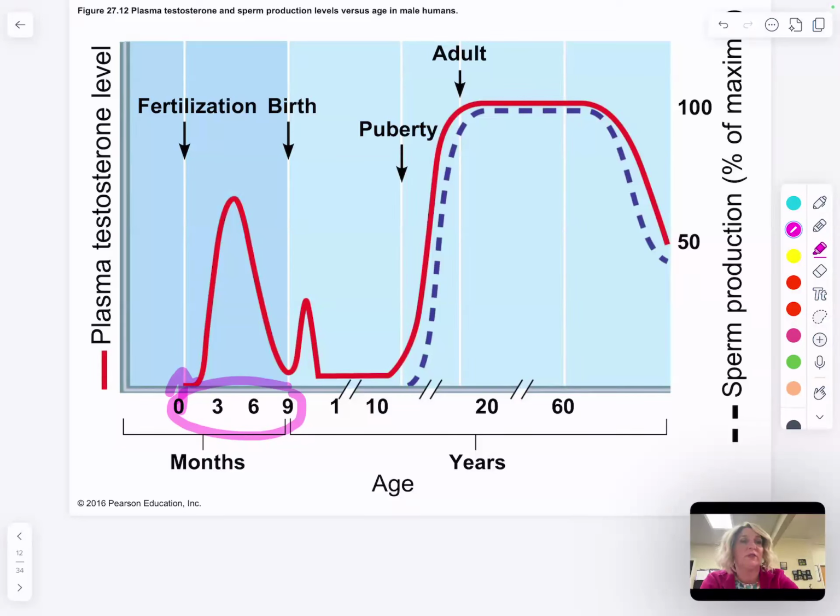You have birth, and shortly after birth, you do have a push of testosterone. Usually it's because the baby also has a lot of estrogen from the mother, and so it's kind of pushing that estrogen aside. And then through the child's childhood, there's nothing going on with that testosterone. It is being inhibited until it is time for it to be released at puberty. And then you can see it skyrockets, it sustains itself up high, and then towards end of life, it might